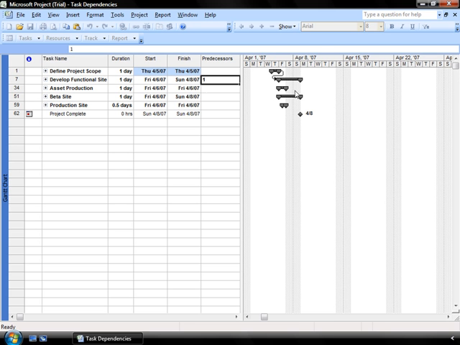Notice after I do that there's a line in my Gantt chart connecting my phase 1 set of tasks to my phase 2 set of tasks. Similarly, I'm going to identify that task 34 can't be completed until task 7's grouping has been completed. So I put a 7 in here. And similarly, I work my way down through the list. And as I go through that list, you'll see that the Gantt chart displays graphically what is connected to what. So I'm just going to finish up putting in the task